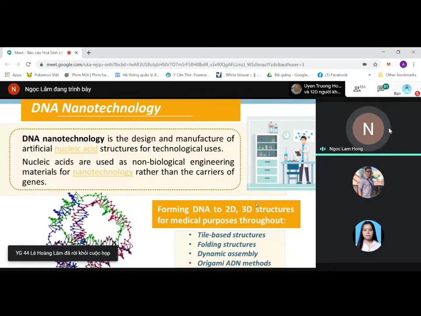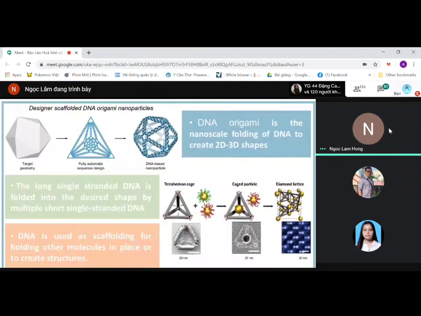DNA nanotechnologies is the design and manufacture of artificial nucleic acid structures for technological use. Nucleic acids are used as non-biological engineering materials for nanotechnologies rather than as the carrier of genes, forming DNA into two-dimensional and three-dimensional structures for medical purposes through four structures below. And one of these DNA structures, DNA origami, is the nanoscale